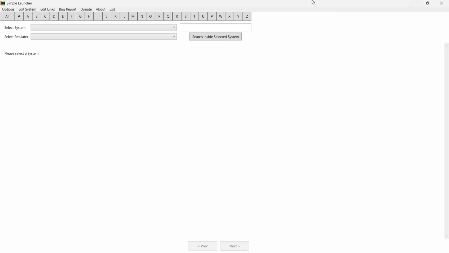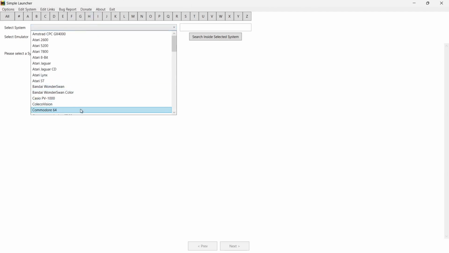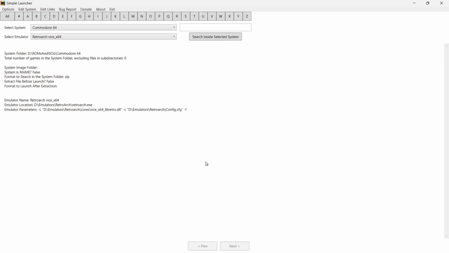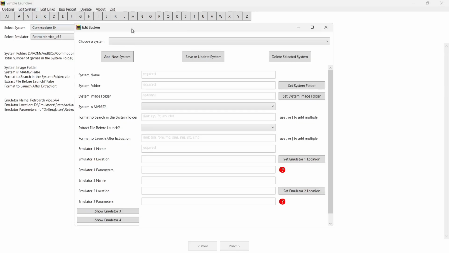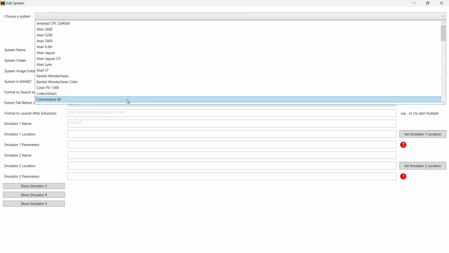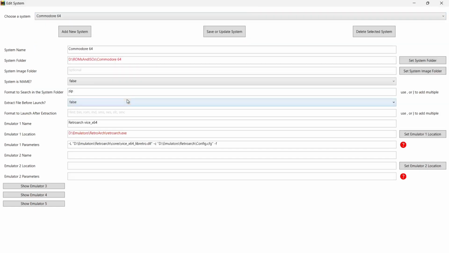Okay, so we're now inside of Simple Launcher, and this is the first thing you're going to see. So very much simple, straight to the point pretty much. Let's just go to select a system. There's a little pop-up saying that it's not been configured, directories aren't in the right places. So if we just go to OK, now the way to add systems and link things up within Simple Launcher is just a simple case of going to Edit System, and from here what we're going to do is go to Choose a System. If I drop down to Commodore 64 for now, because that's what I'm setting up,